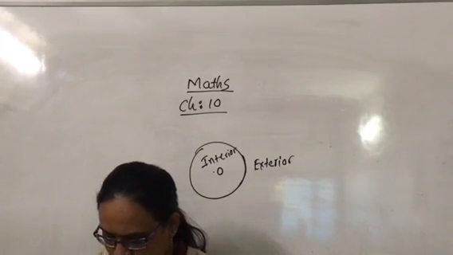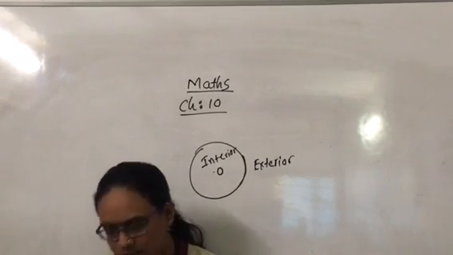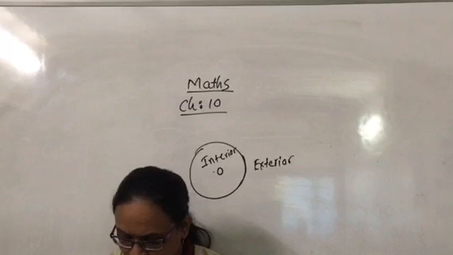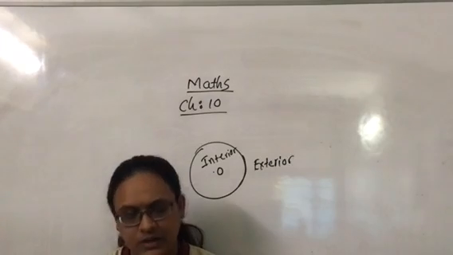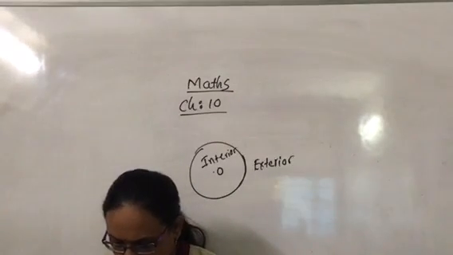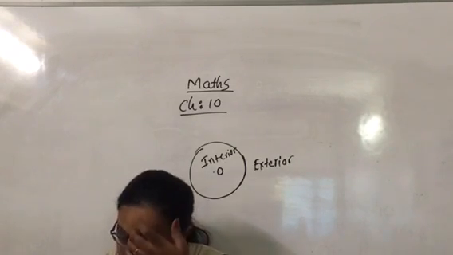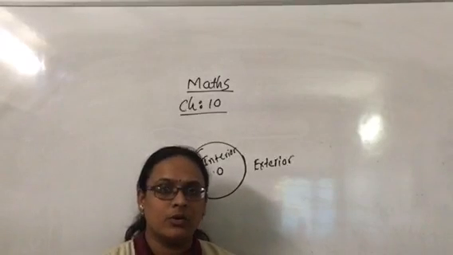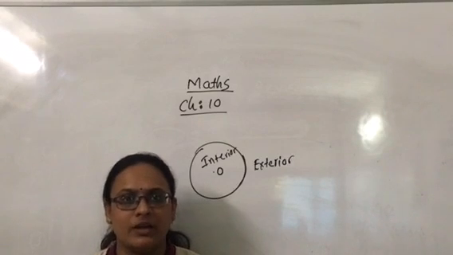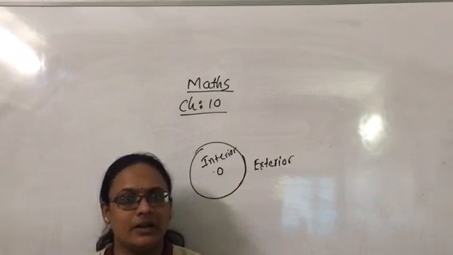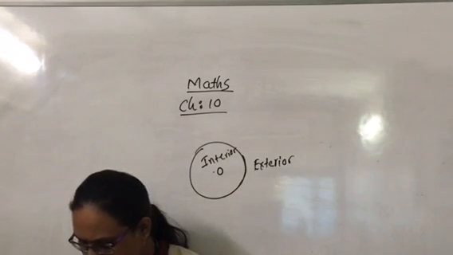Write true or false, give reason for your answer. A line segment joining the center to any point on the circle is a radius. Yes, that is true. A circle has only a finite number of equal chords. That is wrong because we have an infinite number of chords. If a circle is divided into 3 equal arcs, each one is a major arc. It is wrong because we have only 2 arcs, the minor arc and the major arc. Any arc always divides the circle into 2 parts, major and minor.